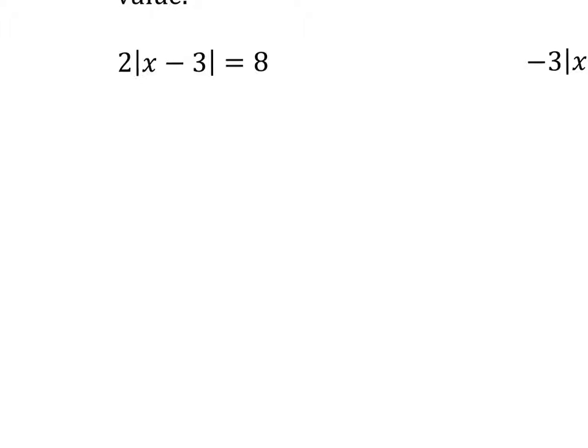But in this first example, we have 2 times the absolute value of x minus 3 equals 8. And we can't split up our absolute value equation until we isolate the absolute value. So just like when we're solving an equation by isolating the variable, in this case we're going to isolate the absolute value and then solve using the absolute value rules that we learned before. Okay, so in this case we want to first, let me grab the pen. We want to first